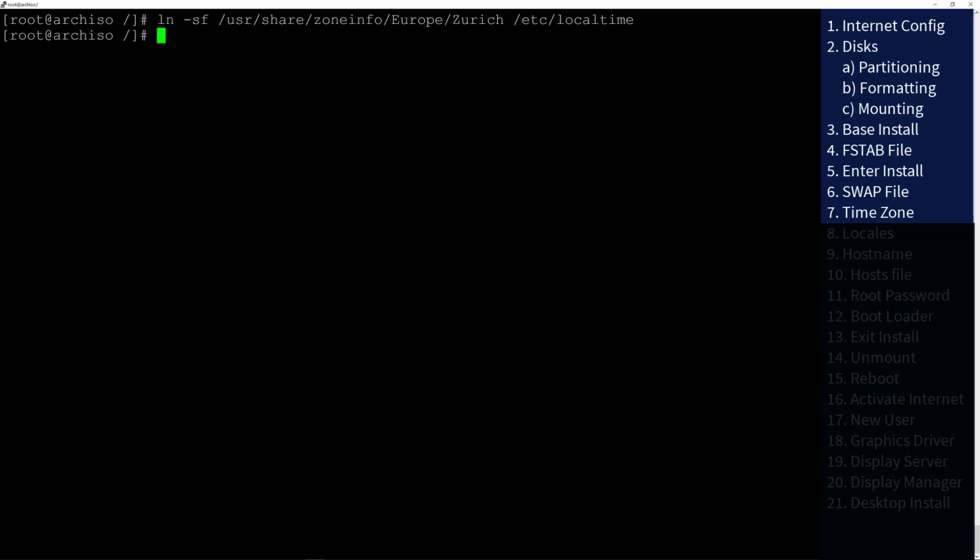Now we can synchronize also the hardware clock to the system clock. So we'll type in hwclock --systohc and hit enter. And there you go. Now let's clean up the terminal and let's move on to point 8, which is the